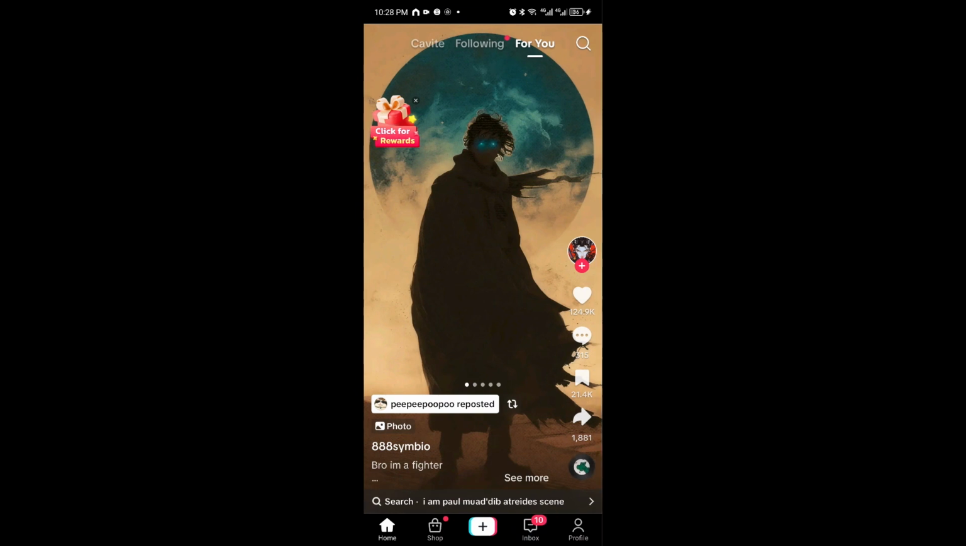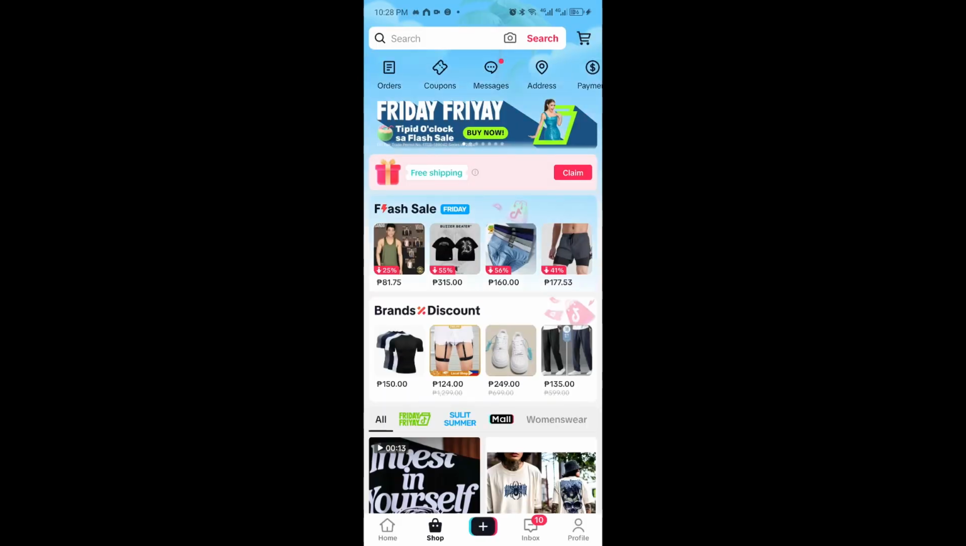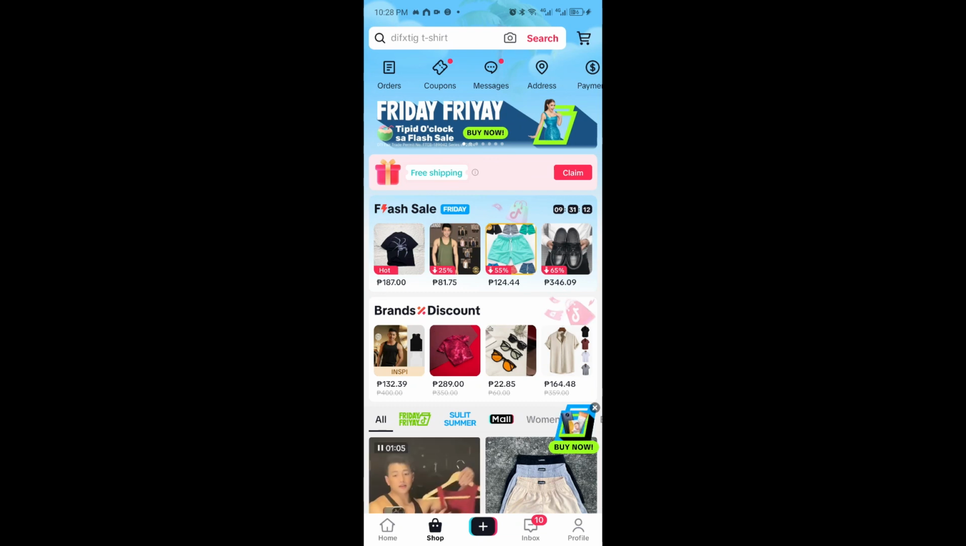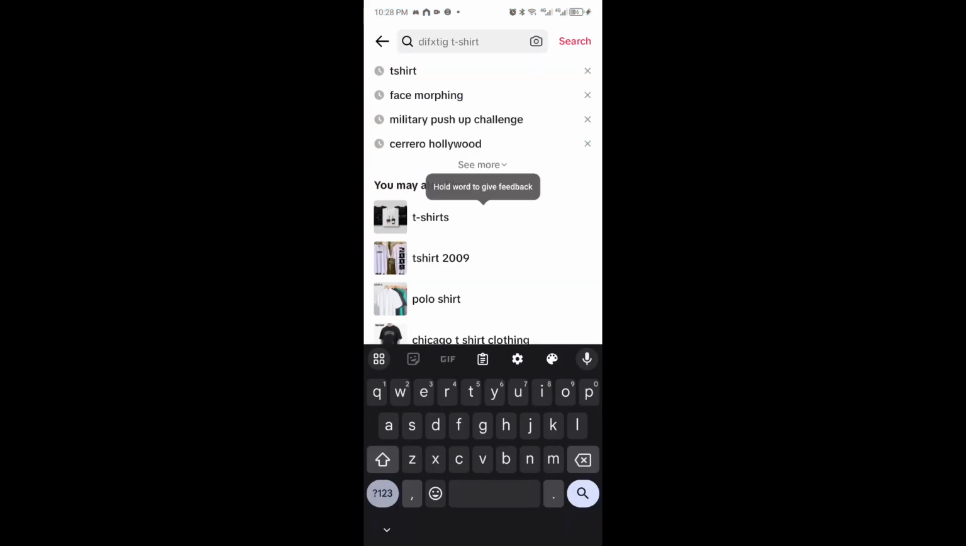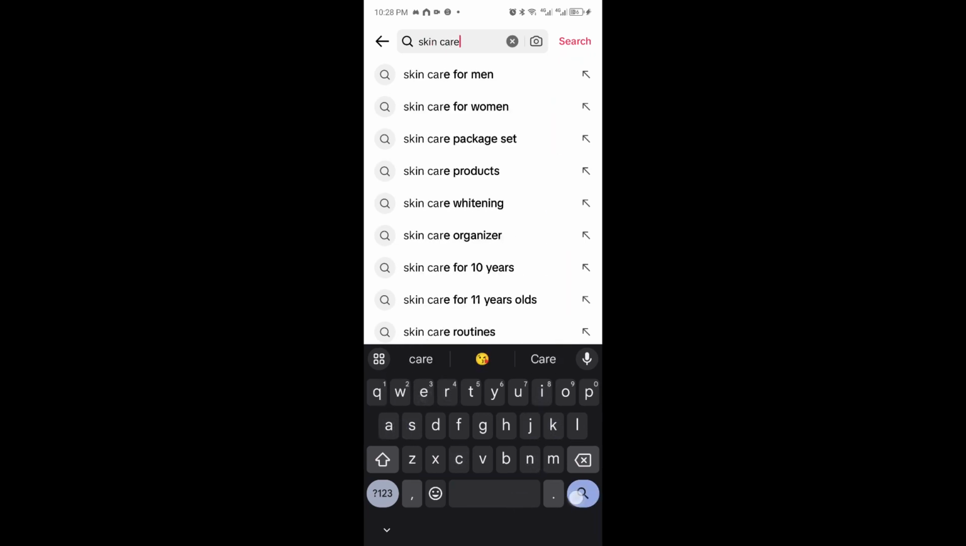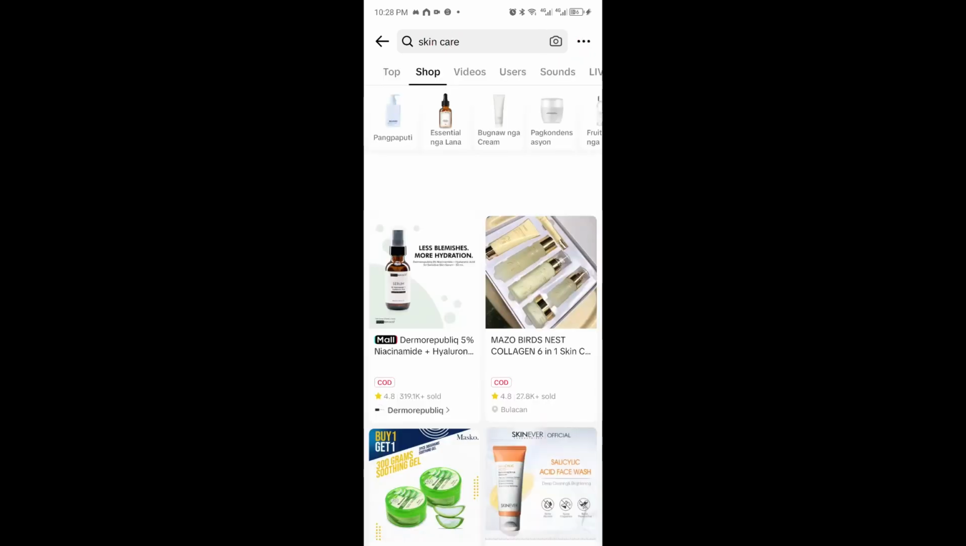Of course, just click on the shop icon, and then you will be taken to the home store of TikTok. Just search something right here. For example, I'm just gonna search skincare, and then you will be able to search items